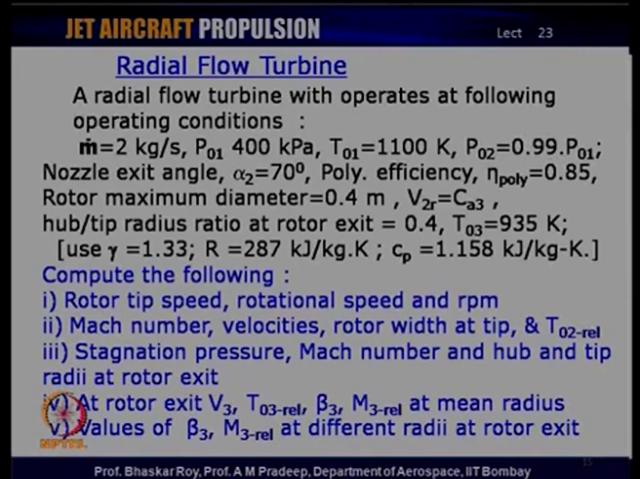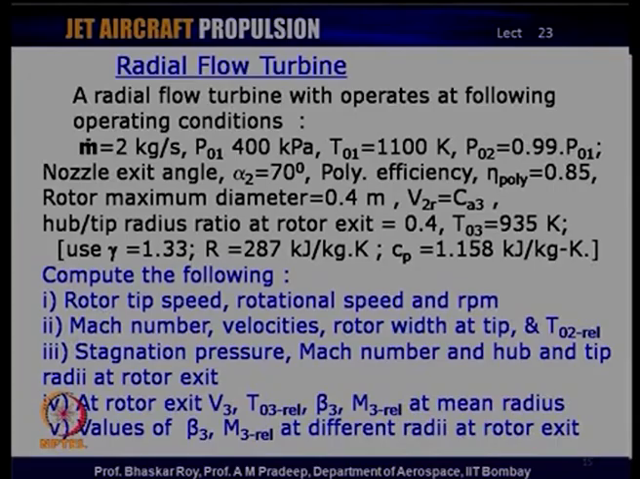The hub to tip radius ratio is 0.4, and T03 at the exit is 935 K. The thermodynamic parameters prescribed here are gamma equal to 1.33, R equal to 287 joules per kg K, and Cp as 1.158 kilojoules per kg K. The problem asked you to compute rotor tip speed, rotational speed, and RPM of the rotor, the Mach number, velocities,